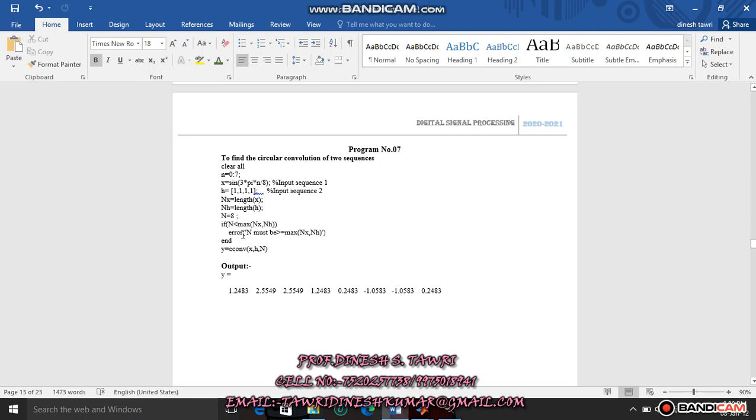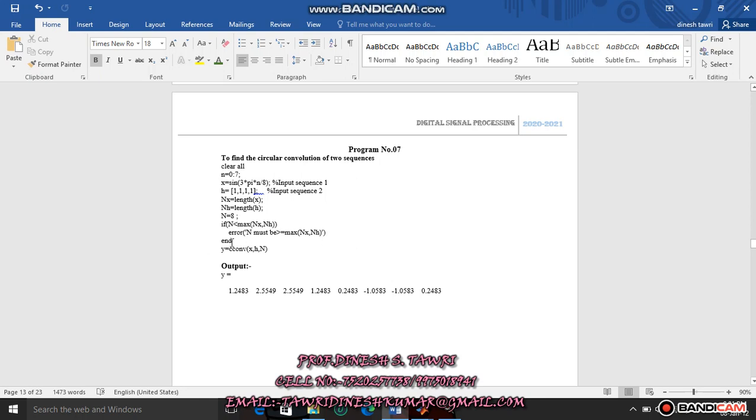Into the next line write error. In single inverted commas you have to write 'N must be greater than or equal to the maximum samples between nx and nh', followed by a single inverted comma, complete the bracket, and write the end condition.